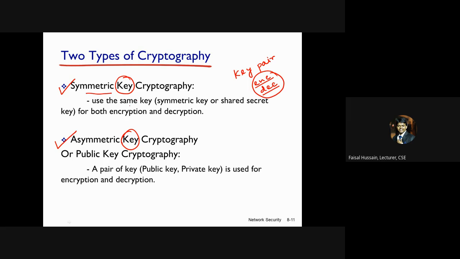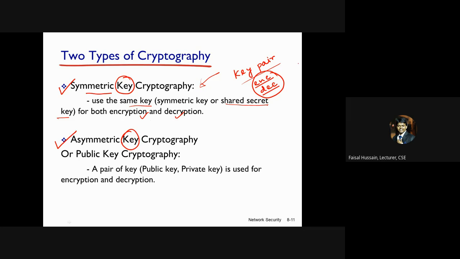If they use the same key, that is called a symmetric key. Another term used is shared secret key, for both encryption and decryption. So what is a decryption key? It makes sense to many of you. If some key is used to encrypt, like in a function, it takes a value, does some mathematical operation on the plain text, and gives you the encrypted text or cipher text. Then it should have the same key to decrypt it and get the plain text again. So this makes more sense of the